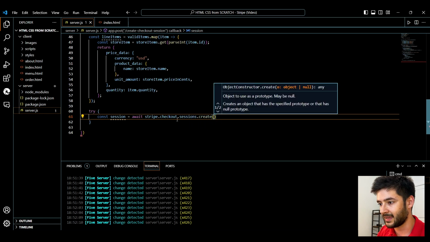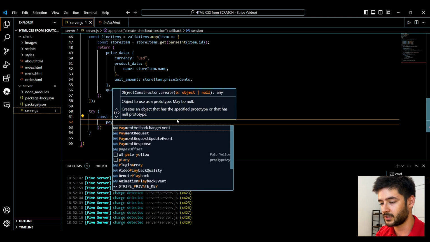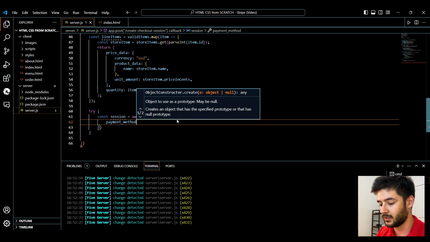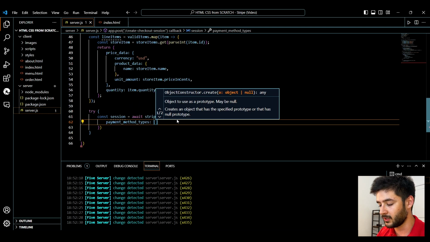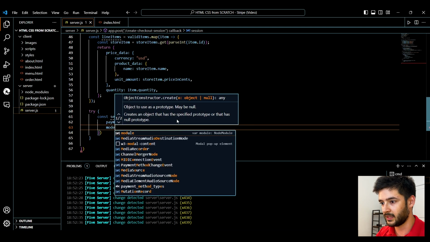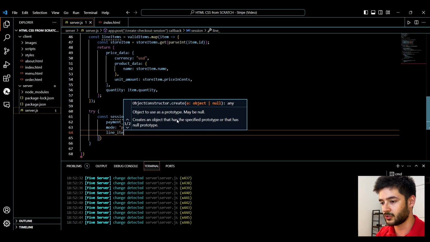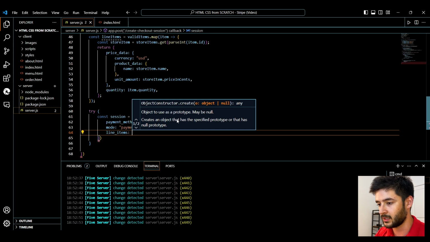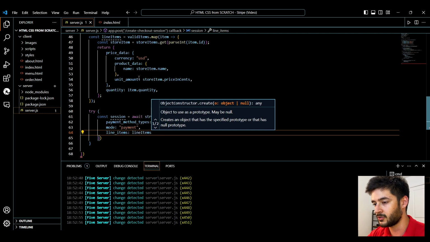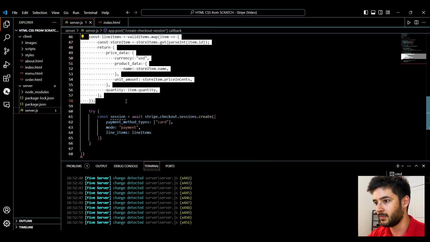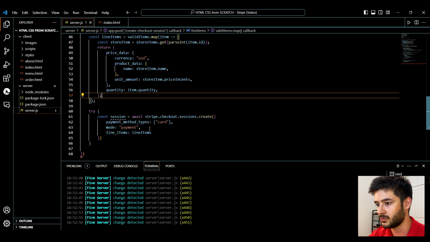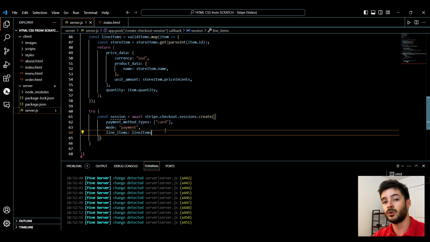stripe.checkout.sessions.create, and we want to pass into create an object which is going to contain our payment_method_types, and for now we only want to specify card, and then our mode is simply going to be payment because we want to accept payments here. Then line_items is basically going to serve as our products that we're passing into our session here. So we're going to pass in line_items, which again is going to be all the information from this variable here that we use to create each one of our individual products that our users selected, as well as the